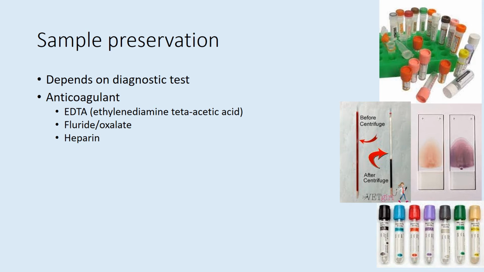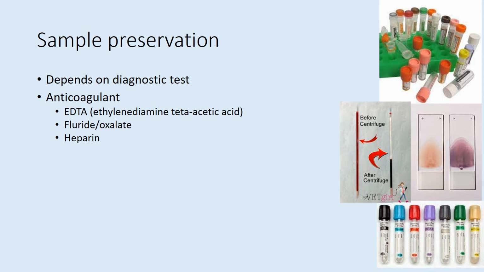So EDTA is one of the ones that we might use, it's quite a common one actually, because it causes minimal changes to the actual morphology of the cell, so it's quite useful to put it in an EDTA tube and then undertake a blood smear or a cell count, because it doesn't really change the morphology of the cells too much. What it can't be used for, however, is for avian or reptile blood, okay, so we wouldn't use it in those